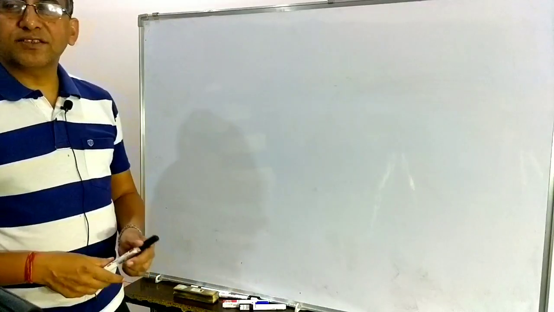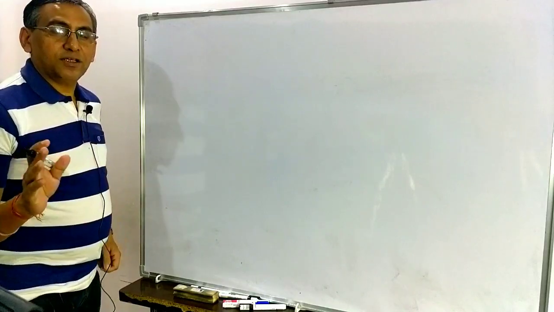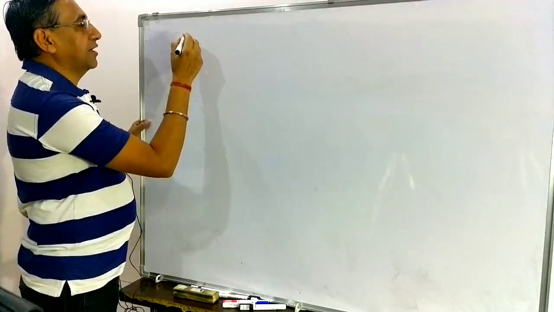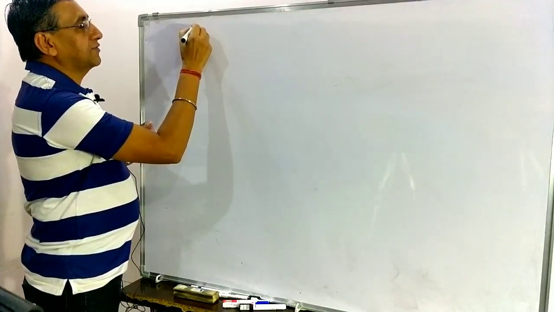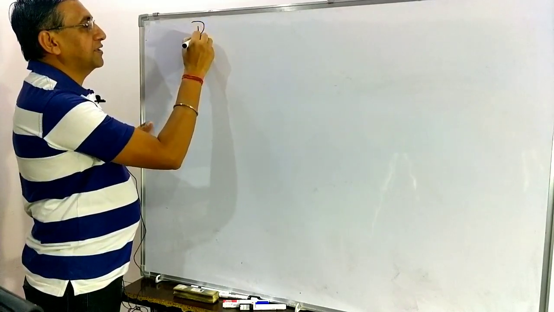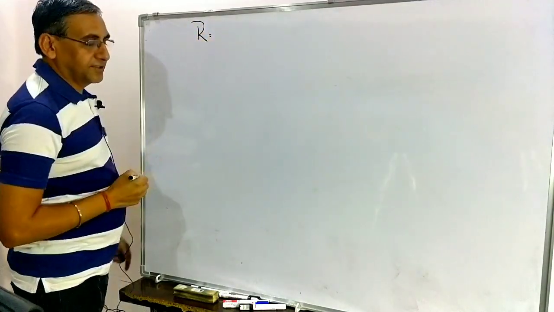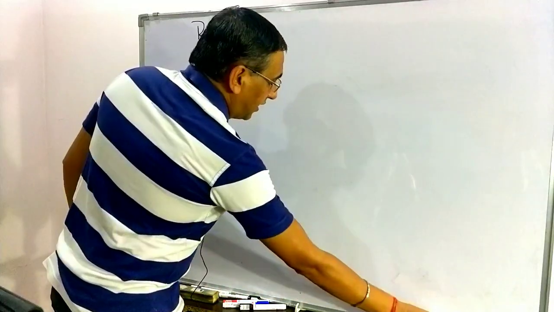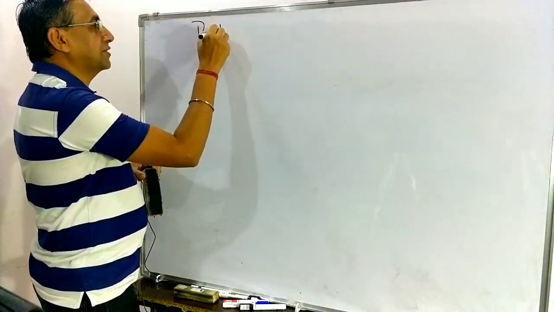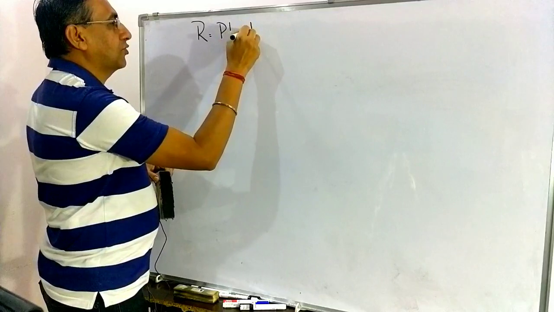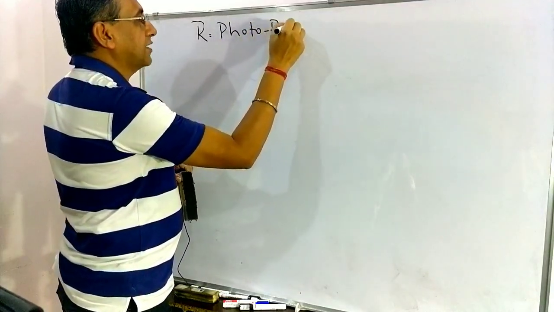In the morning we started, we completed up to the retina, it means up to the photoreceptor. When we discussed the classification of receptors, we completed the external receptors, and in the external receptors we completed the photoreceptor, and in the photoreceptor what is included? That is the eye.